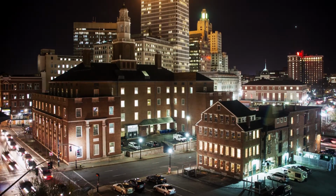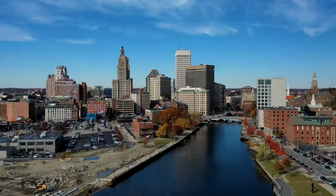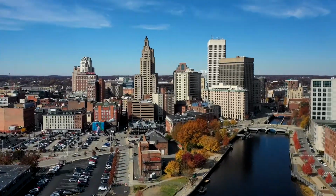Downtown Providence is minutes away, and along with a convenient commuter rail, is home to an incredible array of theaters